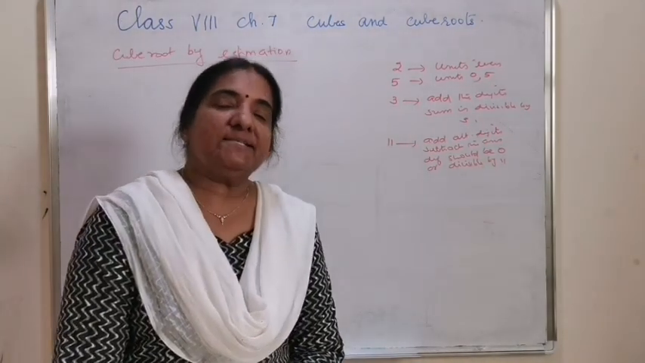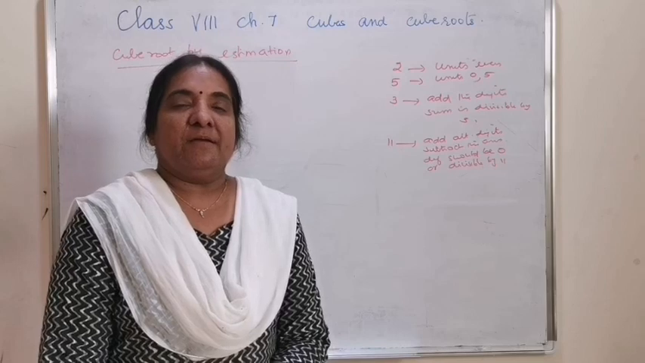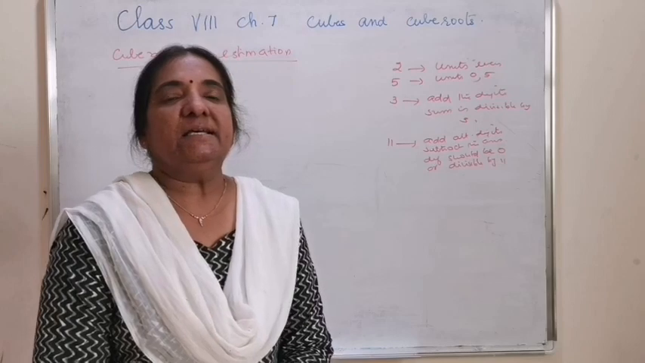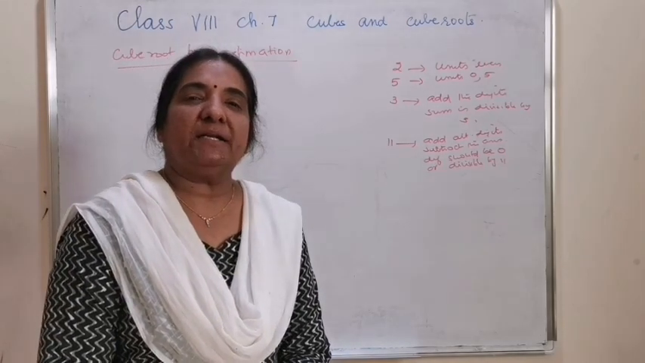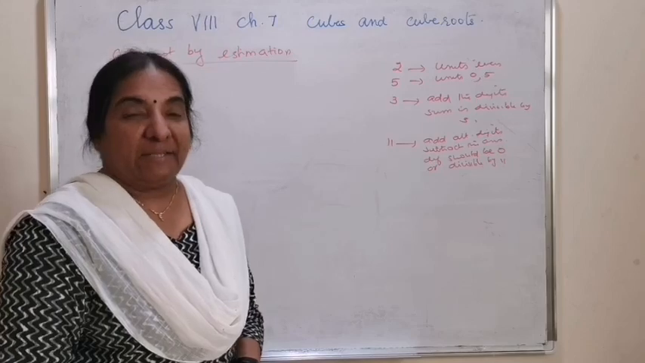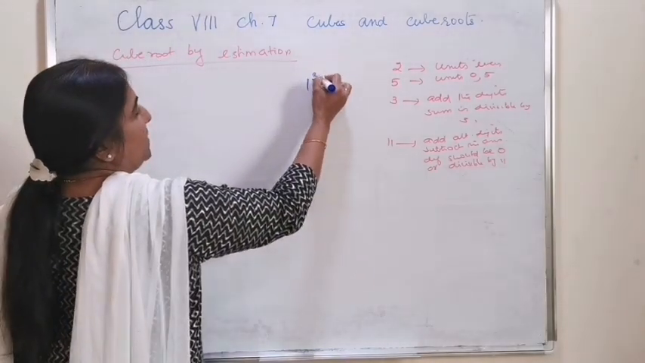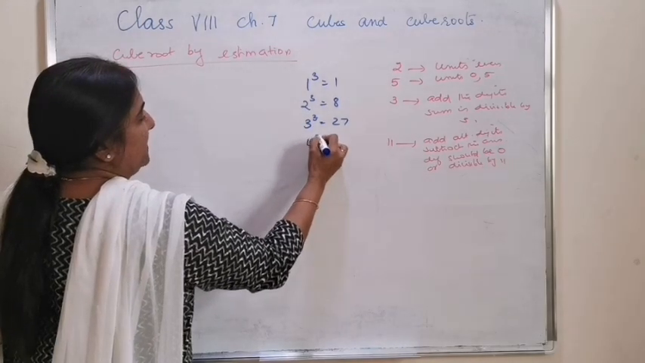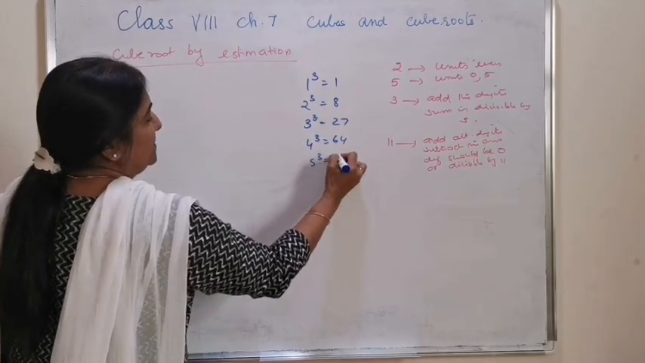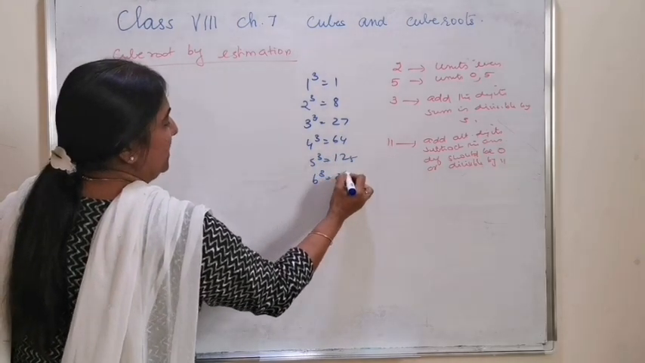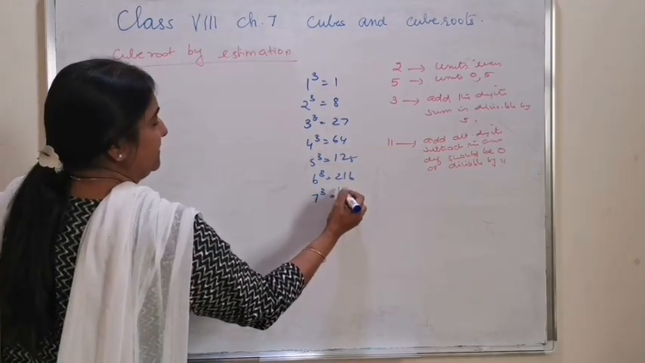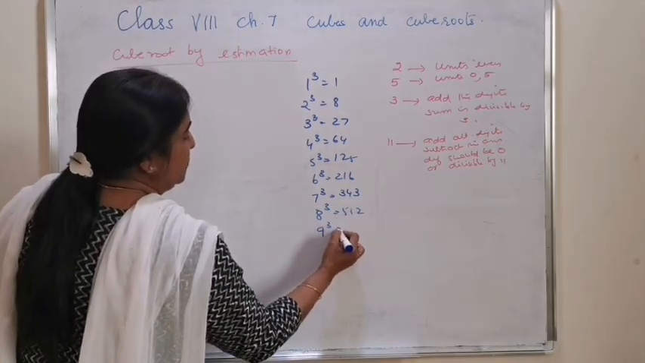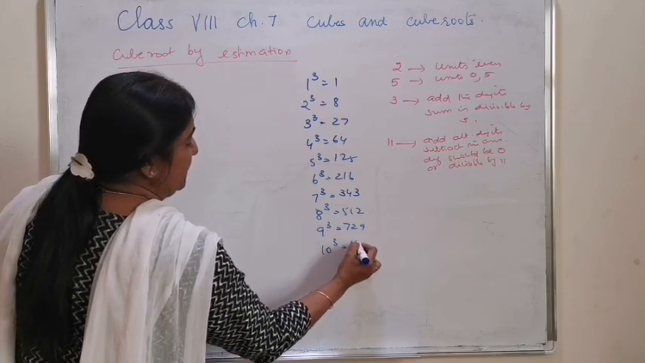The most common method is cube root by prime factorization. One more method they have prescribed in your textbook is by estimation. That means they will be giving you a cube number and an estimated method. Since 1 cubed is equal to 1, 2 cubed is equal to 8, 3 cubed 27, 4 cubed 64, 5 cubed 125, 6 cubed 216, 7 cubed is 343, 8 cubed 512, 9 cubed is 729 and 10 cubed is equal to